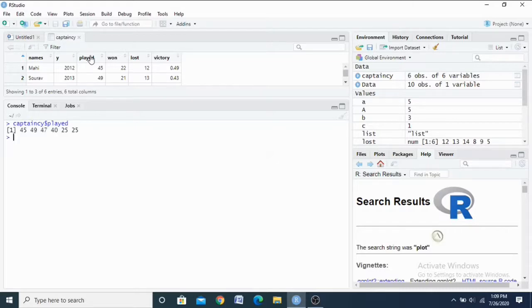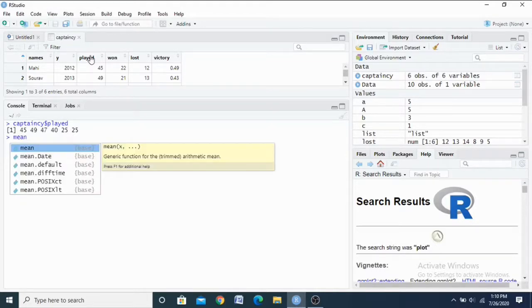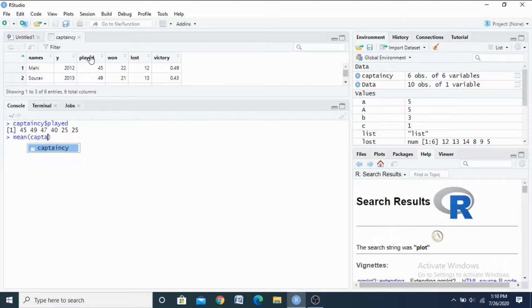Okay. So I am getting this value. Then I am calculating the mean. Based on this value, it will calculate the mean value. 38 is the mean value, or you can use all the above values and calculate the mean manually also.